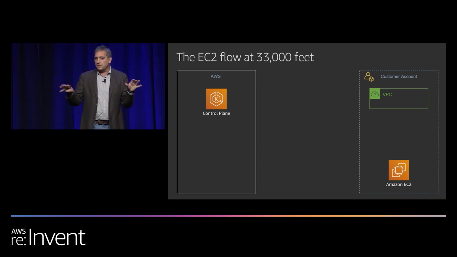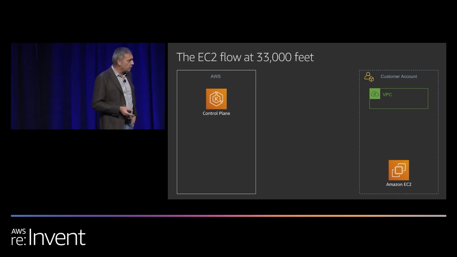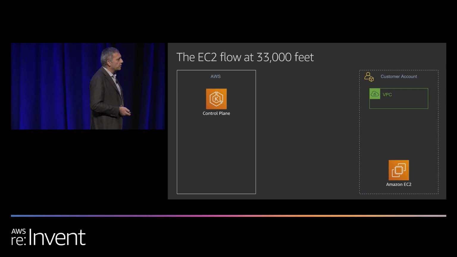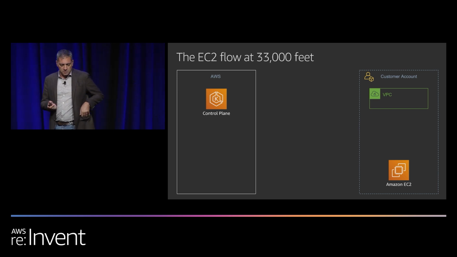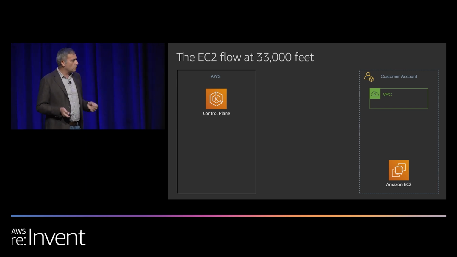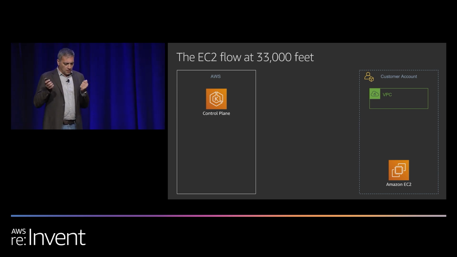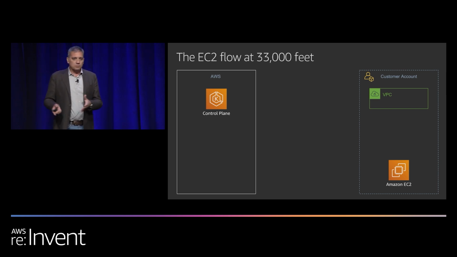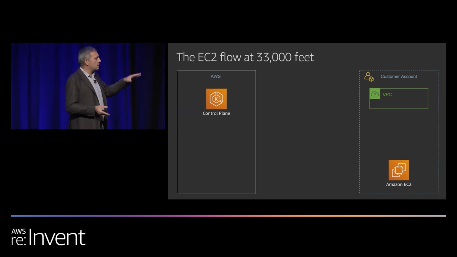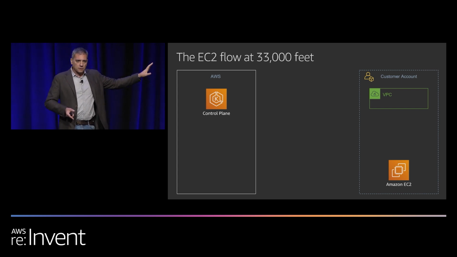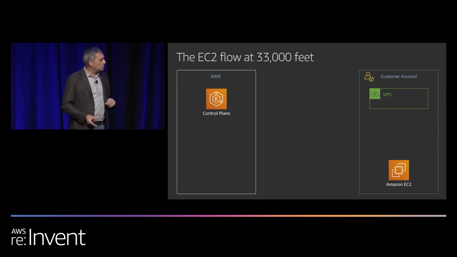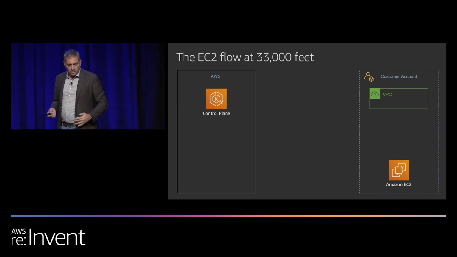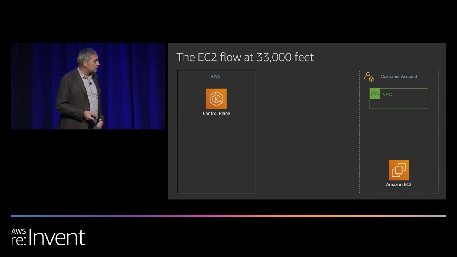But I wanted to level set the audience because maybe you have not used Fargate so far with the ECS control plane, because that was the only control plane that was available until Tuesday this week. The way that Fargate works is like this. There is stuff that we manage for you. In this case, it's the control plane. This slide would be orchestrator agnostic. It is the very same thing for both ECS and EKS. I'm going to use the EKS language just for the sake of the session that we're in.